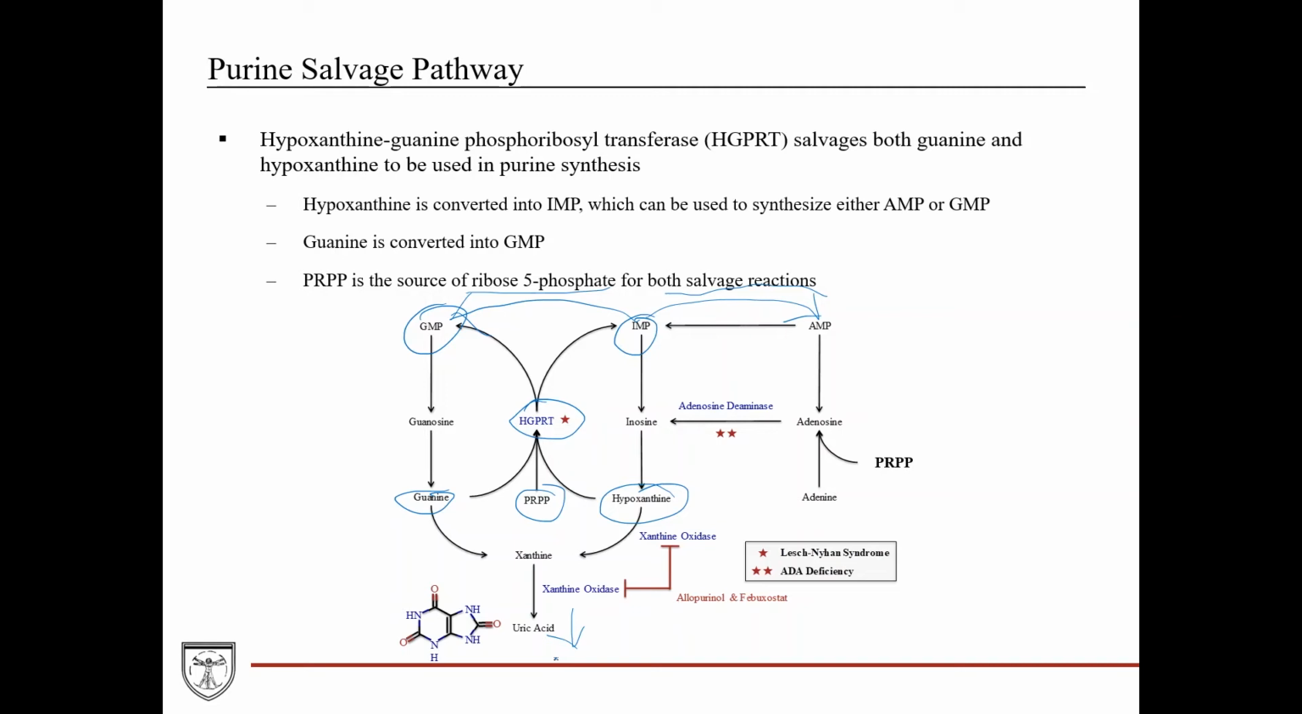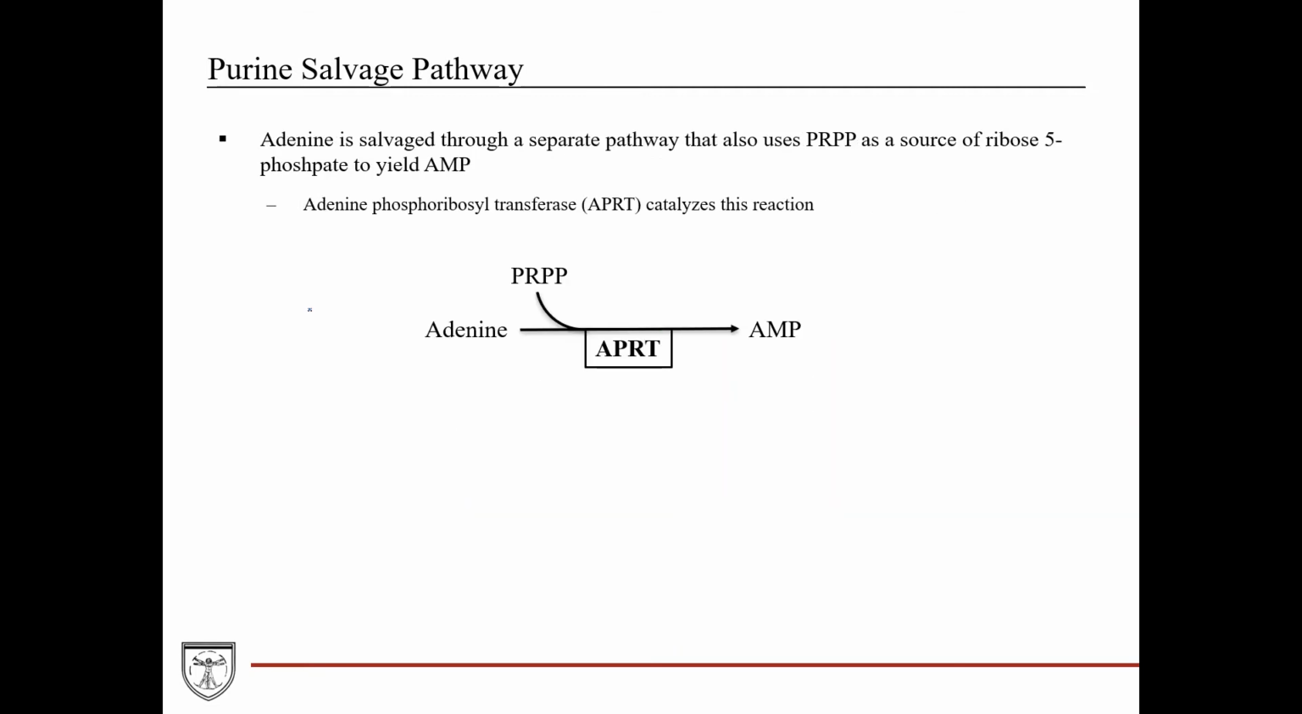So you could think of it that way. So there's definitely purines that are going to get converted into uric acid, but you're not going to convert all of them. You want to recycle them back to GMP and IMP so that then you can eventually create more purines. Adenine is salvaged through a separate pathway that also uses PRPP as the source of ribose 5-phosphate and eventually